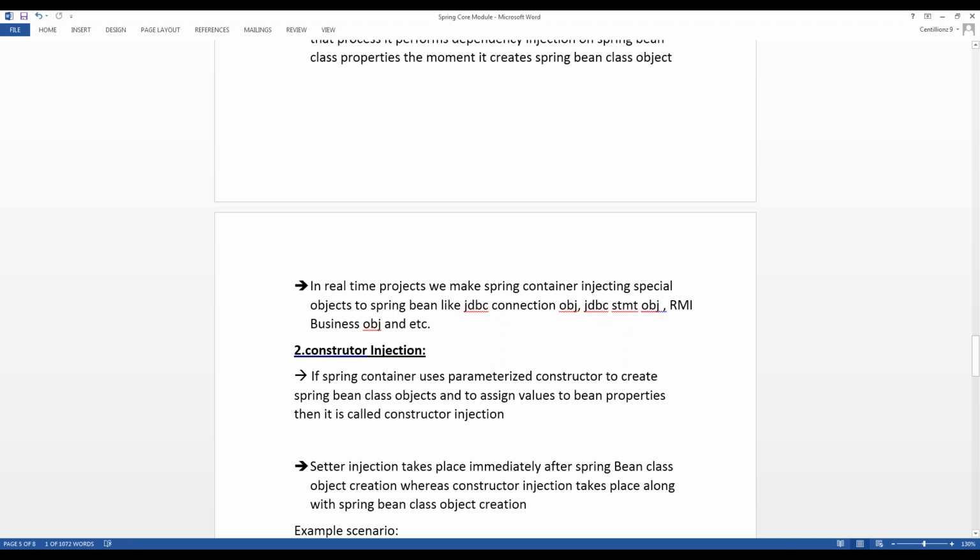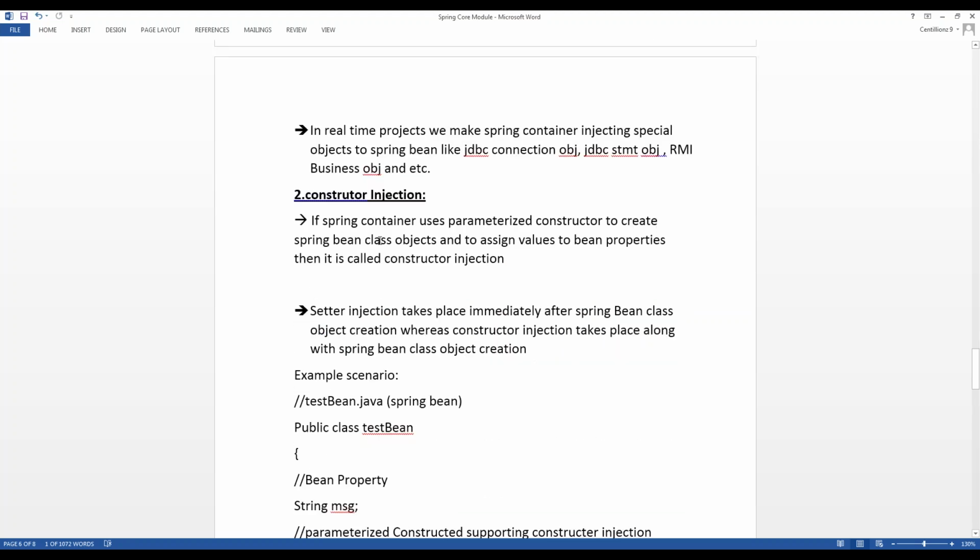And next one is the constructor injection. If the Spring container uses the parameterized constructor to create a Spring bean class object and assign values to the bean properties, then it is called constructor injection.